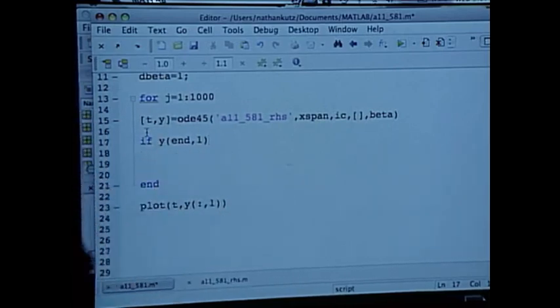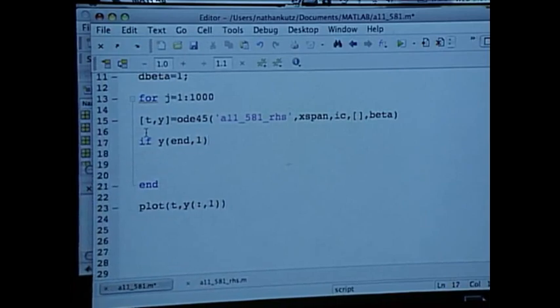So I ask the following question. If this thing here, which is supposed to be 0, is actually greater than 0, what do I got to do? I got to lower my beta, right? So let's say beta is equal to beta minus d beta. Is that cool? I just start lowering it. Else,